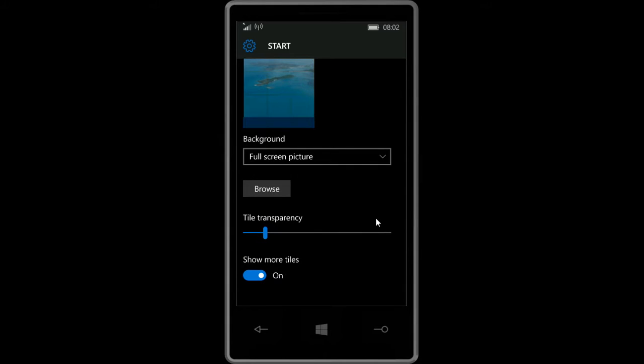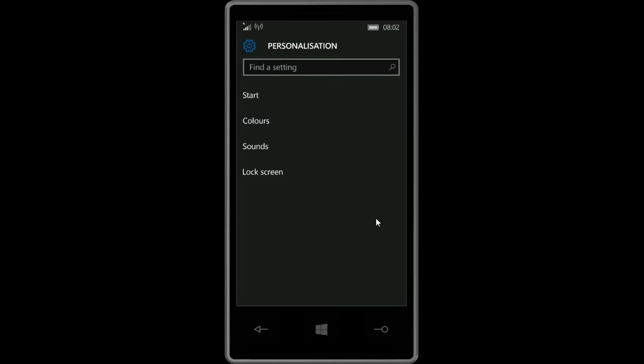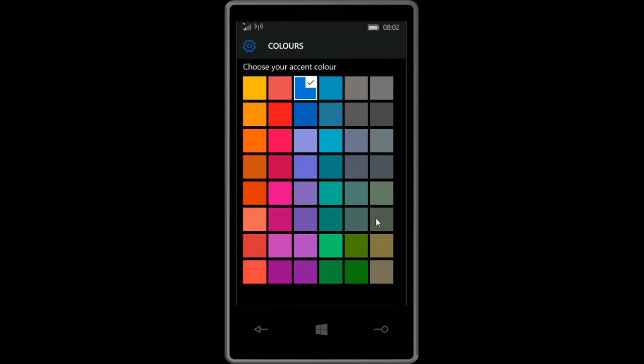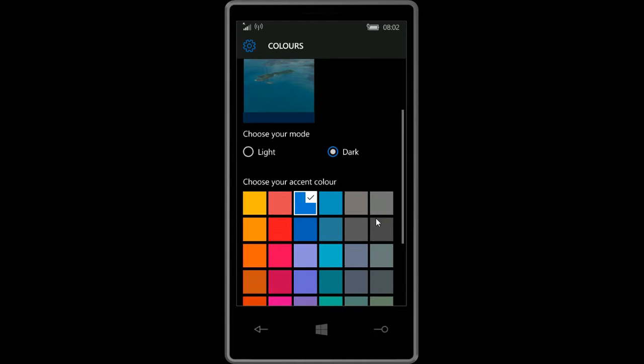Here we have the tile transparency. You can adjust your transparency the way you like. Show more tiles in case you want to display more tiles. You can switch it on, you can switch it off, anything you want. And let's see the color. If you want to change the accent color, the new thing here is more colors have been introduced, so you can change the accent color of the phone. Let me check red. Yeah, as you can see,